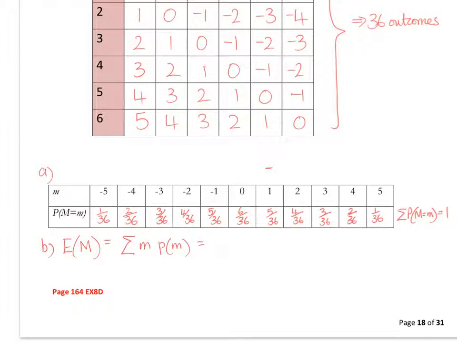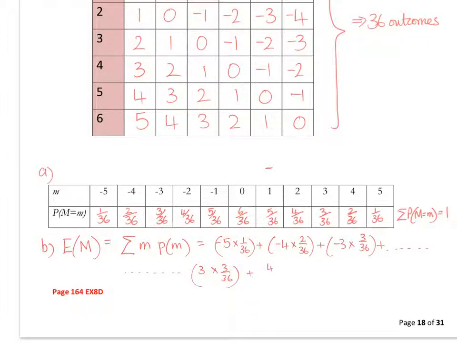And if we write that out in full, that's -5 times 1 over 36 plus -4 times 2 out of 36 plus -3 times 3 out of 36 plus, and that goes all the way up to the end, which is 3 times 3 over 36